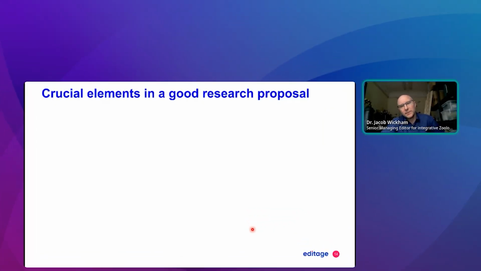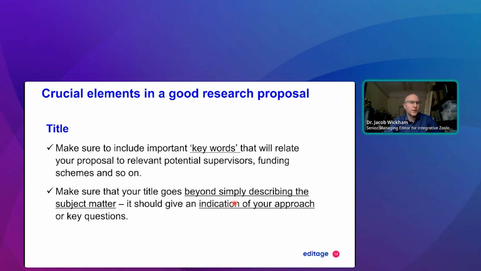Here are some critical elements in a good research proposal. You want to have a good title, and the title will include important keywords. This is like a label of your dissertation. You also want to keep it broad, because often you'll have multiple chapters, which you get into more specific research questions. So the keywords are important, and this will relate your proposal to potential research